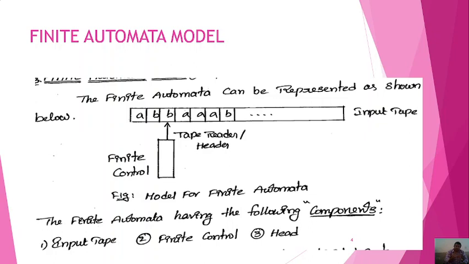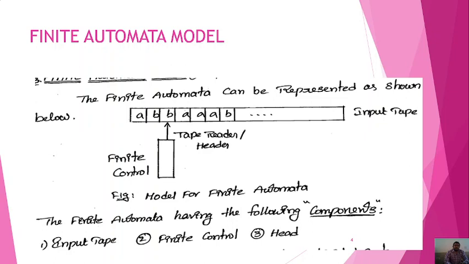Now we can observe the pictorial representation of the finite automata model. Finite automata basically has some input memory, which is also known as the input tape. This input tape is especially used for storing the input symbols that we want to read. For that purpose, the total available input tape memory is divided into a number of blocks. Each block can store exactly one symbol only.